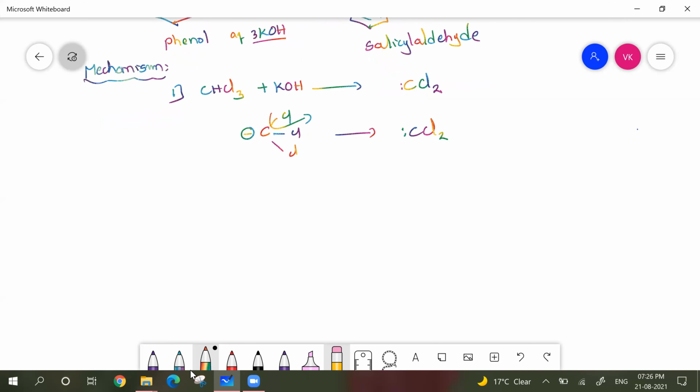Now, let us see how this phenol converts into salicylaldehyde. So this is the phenol, students, in the presence of a base. The base is giving OH minus. So OH minus will take up the H plus here and it will be converted into the phenoxide ion, O minus. H plus and OH minus together will be eliminated as H2O. So this is phenol and we got the phenoxide ion.